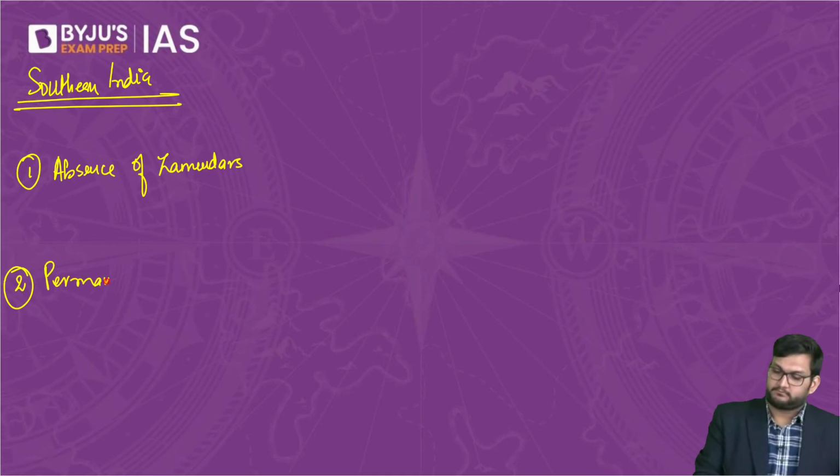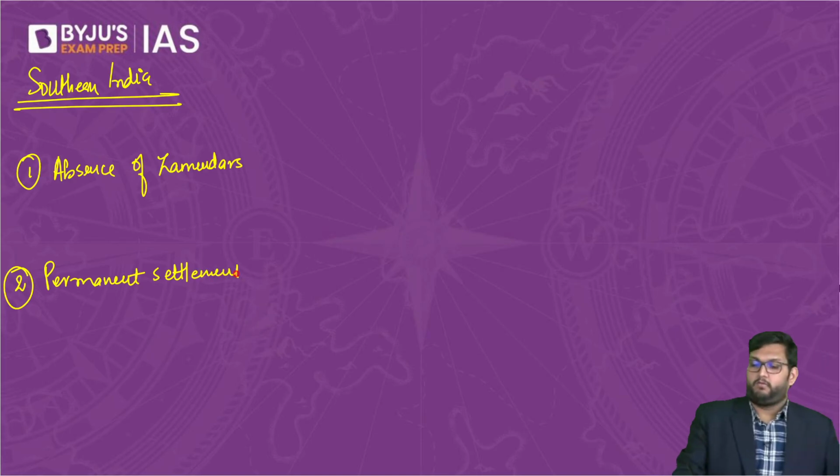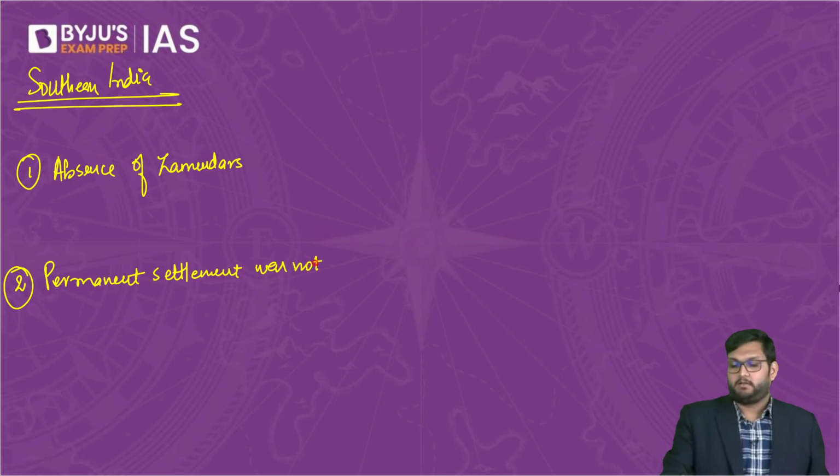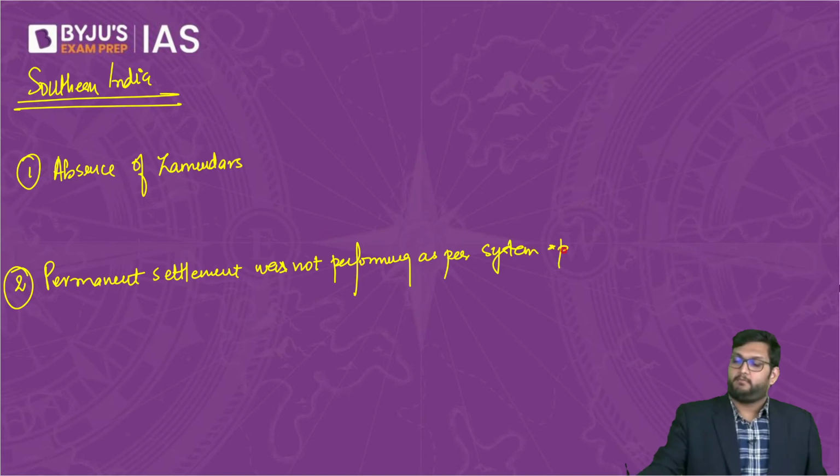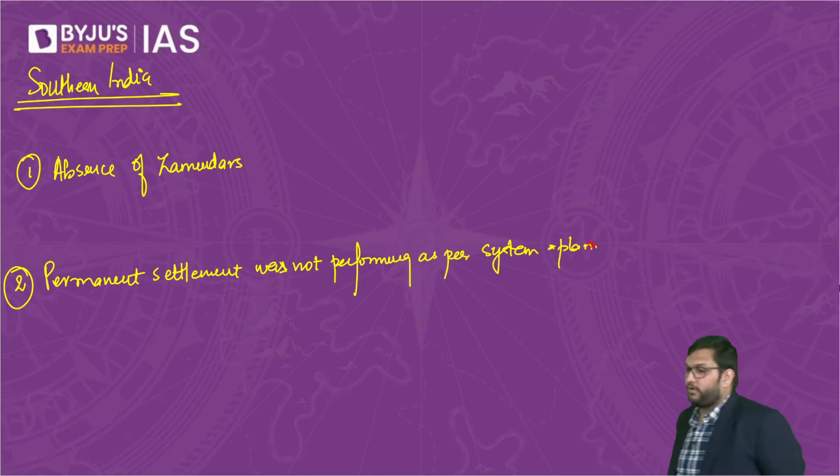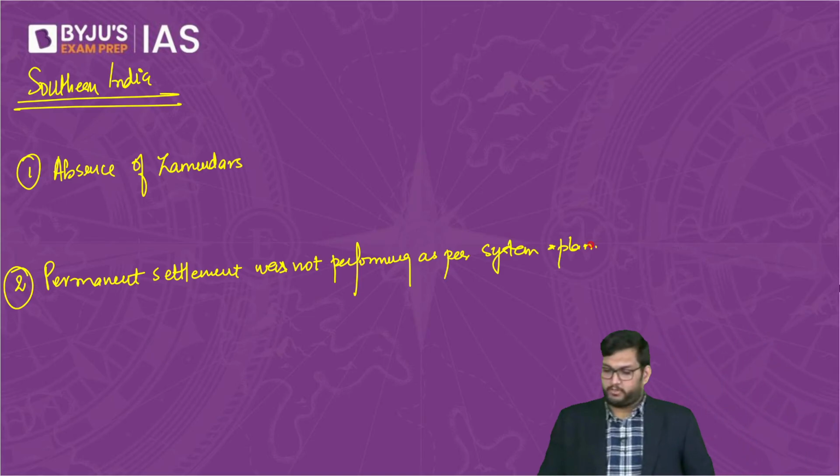And the second is that the permanent settlement was not performing as per system and plan. Basically, what was literally happening